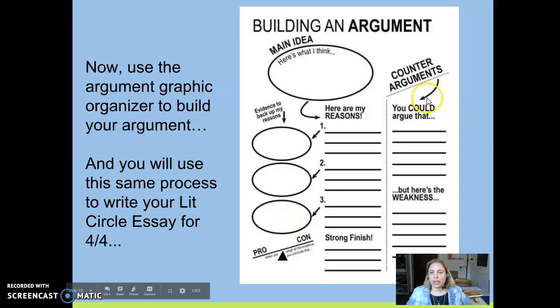The other side over here of the Building an Argument organizer is where you discuss your counter argument. This is where you make the point for the other side. So perhaps there's a reason why the tuna wrap has not been there. Maybe tuna is more expensive these days. The price of tuna has gone up, so maybe they can't make it as economically.